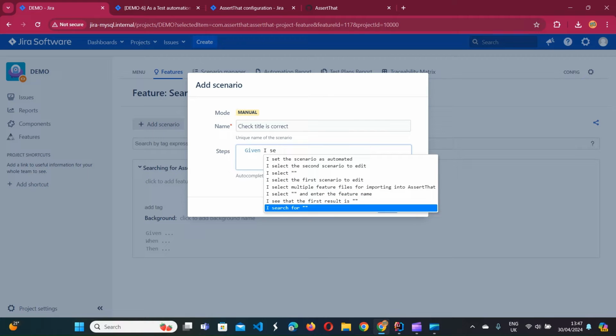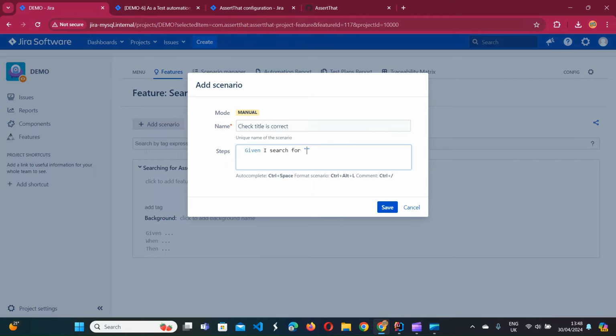So I click Control Space to trigger autocomplete, which makes it a lot easier to construct new scenarios based on the steps which are existing in the plugin and used in other scenarios previously added to the plugin features repository.